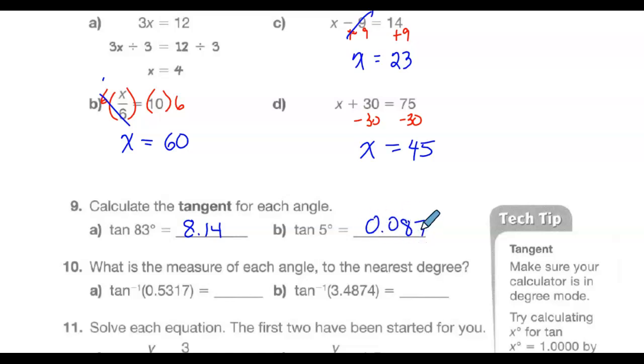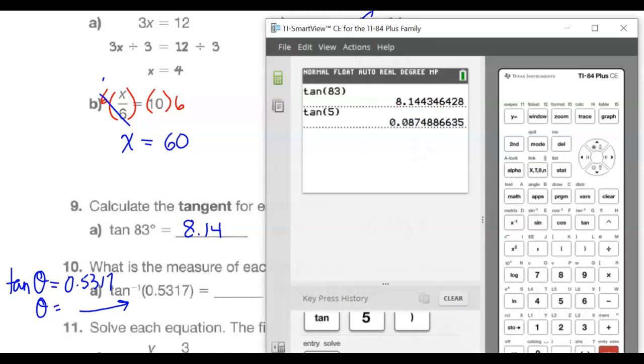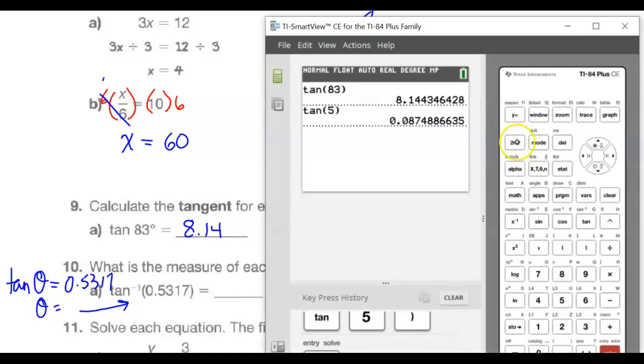Okay, now working backwards, if you remember back from Math 10, what is the measure of each angle to the nearest degree? So you'll see, basically it's telling you this is the tan ratio. So tan of theta, an angle, is 0.5317, and you're trying to find theta. So theta equals inverse tan. So in your calculator, you have to press the second key or shift key, then tan, and then